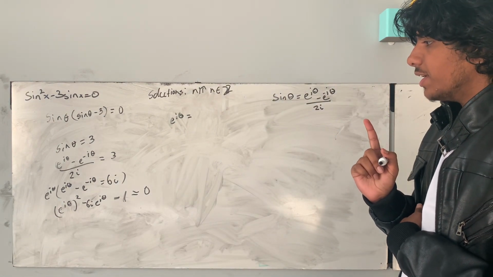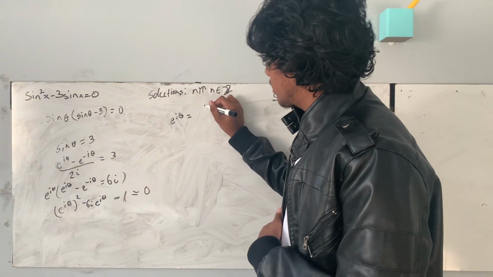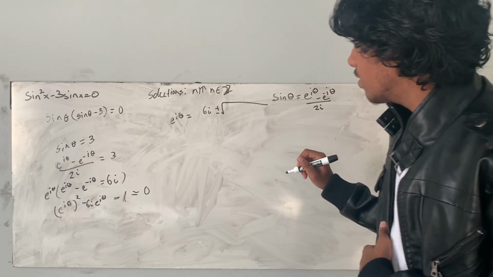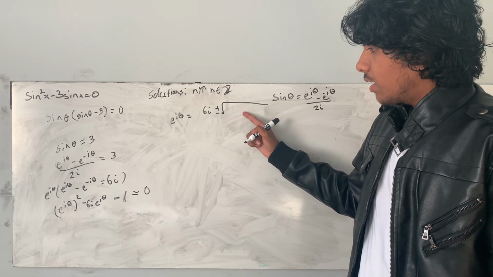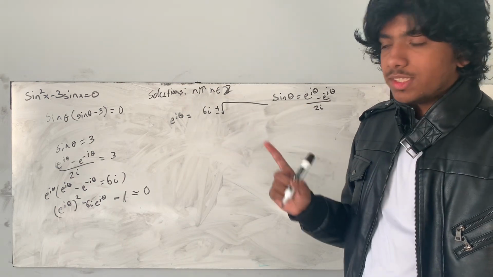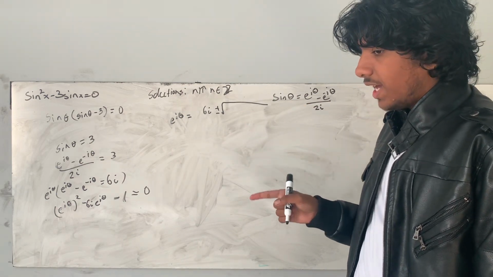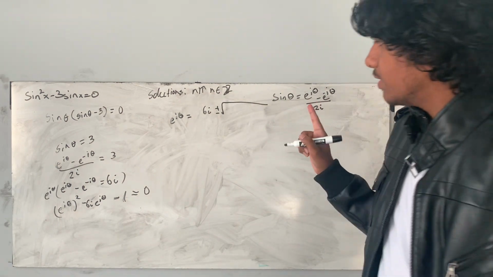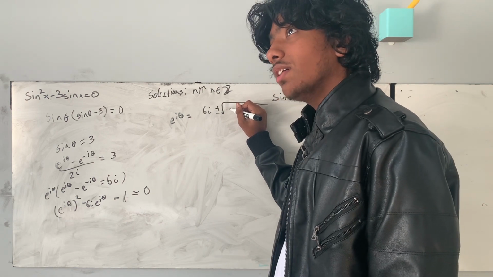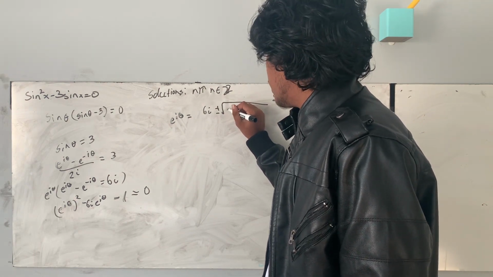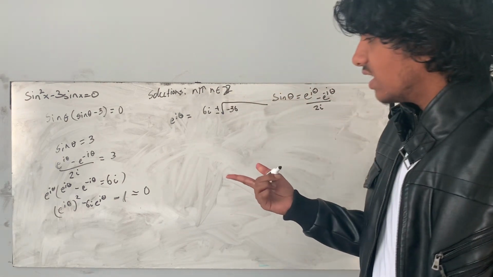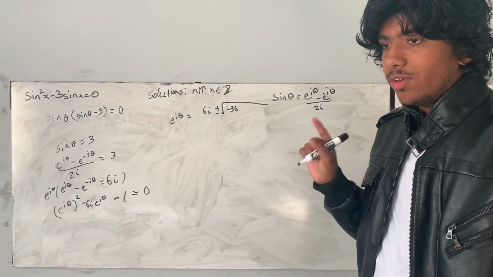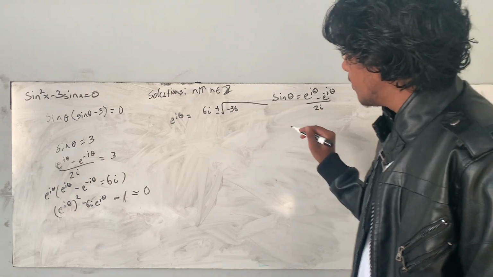So the quadratic formula is minus b, which is 6i, plus or minus the square root of b squared, which is minus 6i squared, or just minus 36, right? Minus 36, because minus 1 squared is 1, 6 squared is 36, i squared is minus 1, so minus 1 times 36 is minus 36,